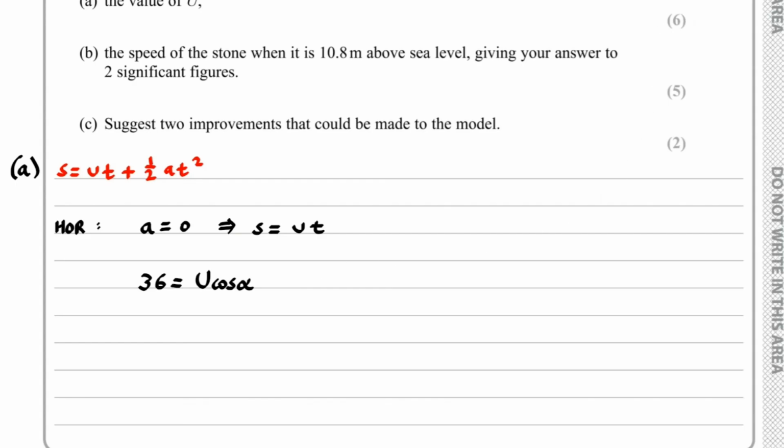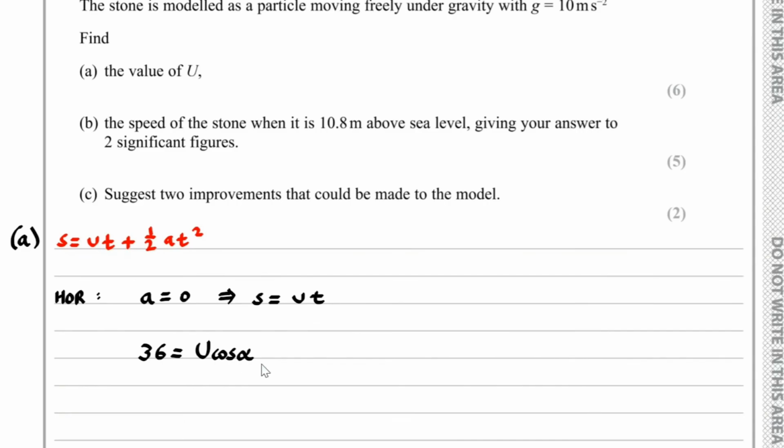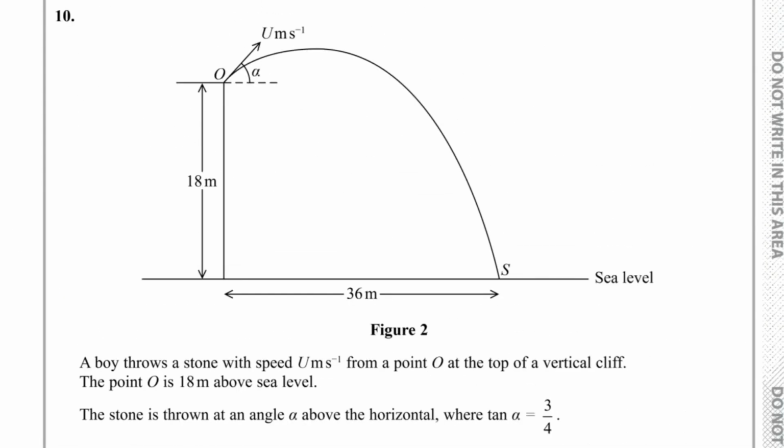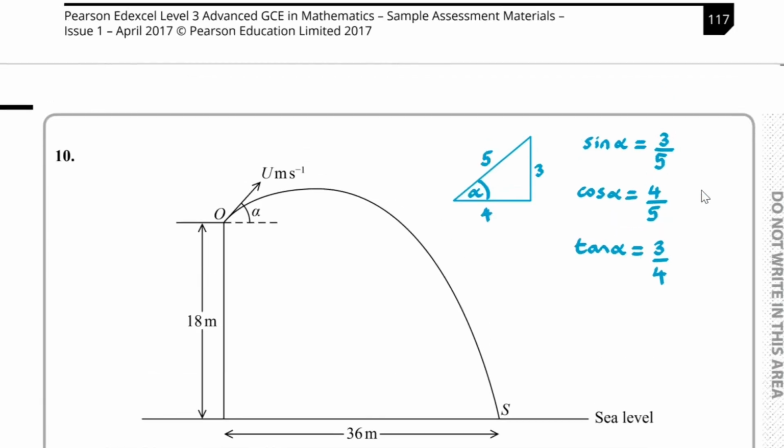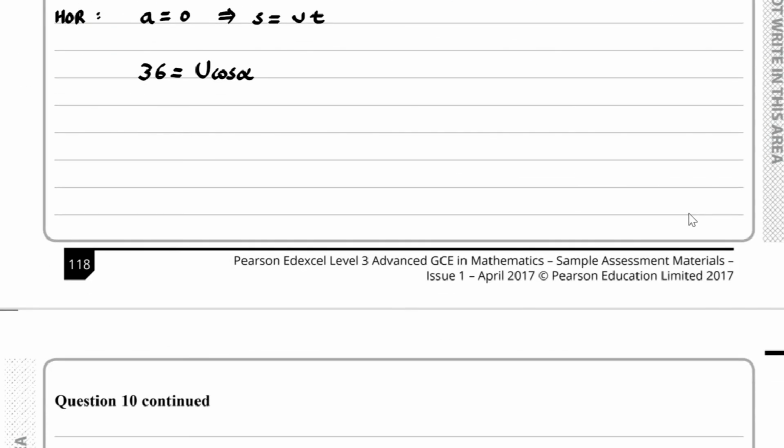And can we find out what cos alpha is? Well, if I know that tan alpha is 3/4, then I can form a right angle triangle. I've got a 3, 4, 5 triangle. Sin alpha then is 3/5, cos alpha is 4/5, and tan alpha is 3/4. So with this,